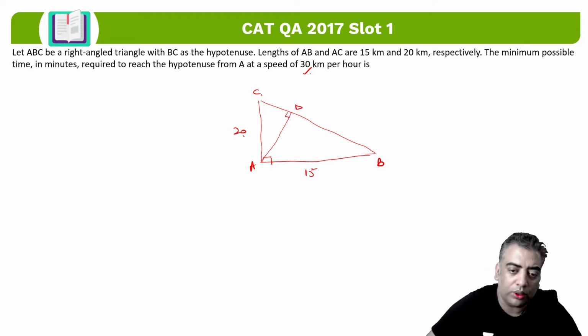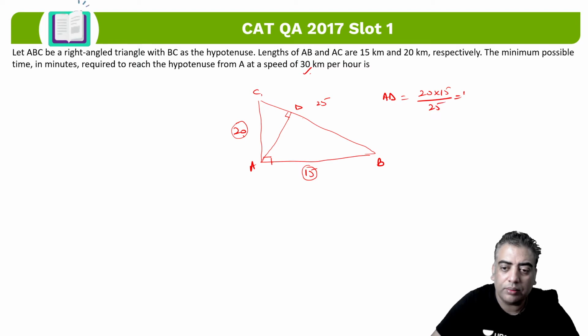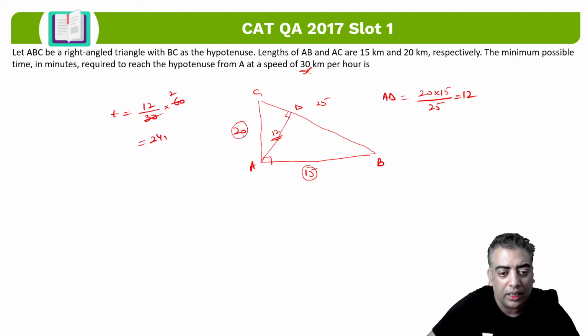In order to do so, we just need to use a triplet of 3, 4 and 5, which gives us third side will be 25, and AD is nothing but product of the two sides 20 and 15 divided by hypotenuse, which comes out to be 12 units. So a distance of 12 kilometer is covered at a speed of 30 kilometer per hour. So time taken will be distance upon speed. So this value is in hours, multiply with 60, gets converted to minutes, which is equivalent to 24 minutes.